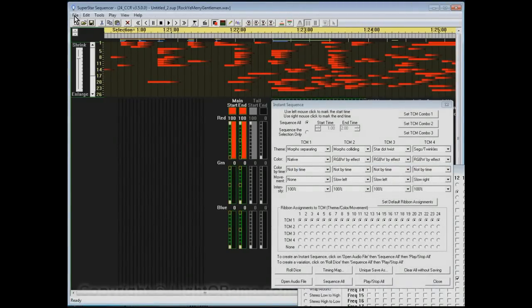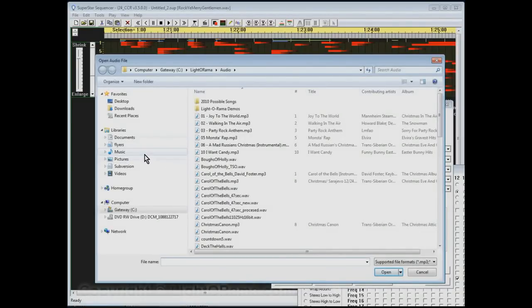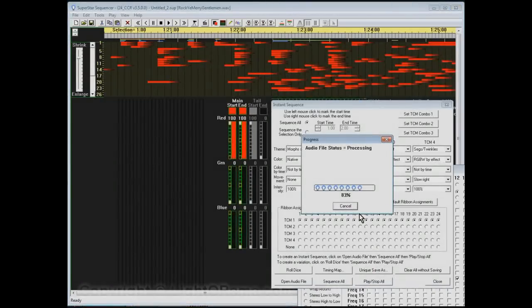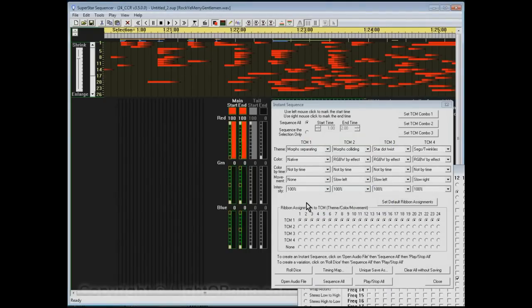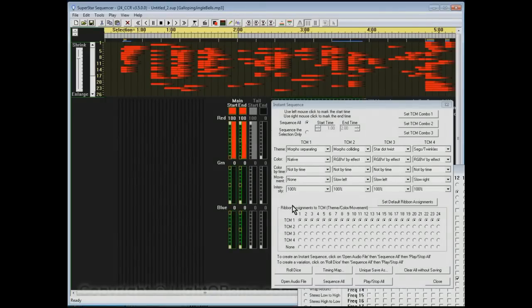I'm going to open up a different audio file now. We click on File, Open Audio File. I'm going to open up gallopingjinglebells.mp3. It's going to take a little while to analyze and process the MP3 file, and after it's done, there's a warning that says the time length of the audio file is shorter than the length of the effects, and it's going to chop off those effects that are at the end of the previous song. That's fine. So we click on yes and proceed,